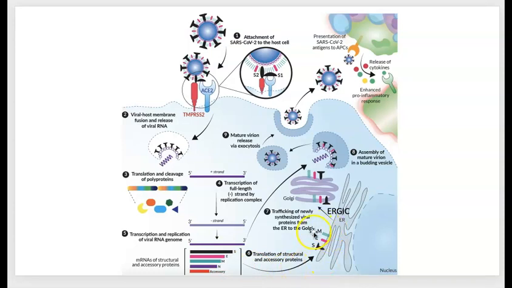Here are some of the structural proteins embedded in the endoplasmic reticulum membrane. So again, membrane protein, envelope protein, spike protein, and so forth, ready to be trafficked through the ERGIC, the endoplasmic reticulum Golgi intermediate compartment. They are trafficked to the Golgi, and then ultimately assembled and budded off of the Golgi, and then they mature in these budded vesicles, and then they form these particles which can then be exocytosed into